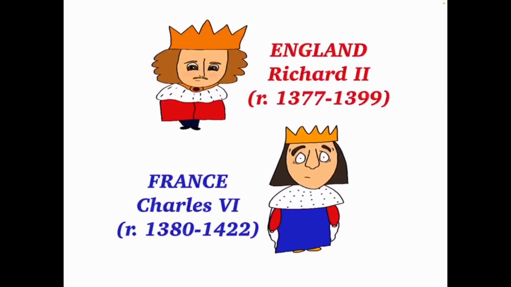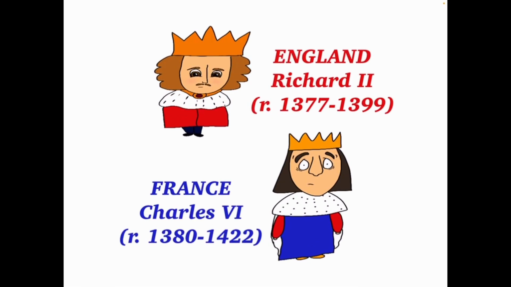In 1380, Charles V of France died, and Charles VI took his place on the throne at the age of 12. Now, both England and France had boy king rulers. Not just that, but Charles VI earned the nickname Charles the Mad. Charles suffered from bouts of insanity throughout his life, one being that he believed he was made of glass and could break at any moment. In 1392, Charles the Mad was involved in peace negotiations with Richard II. Sadly, this stalled out due to Charles suffering from a bout of insanity.